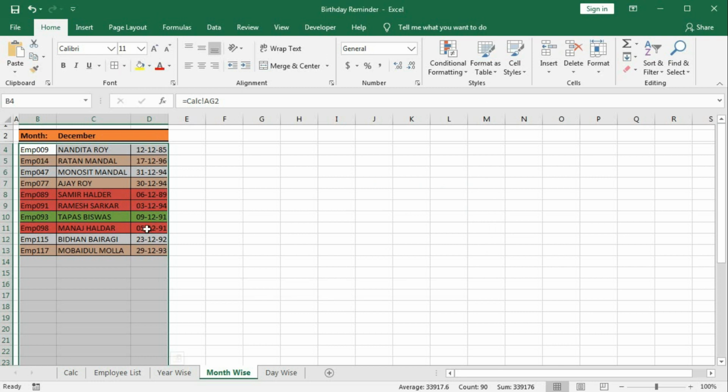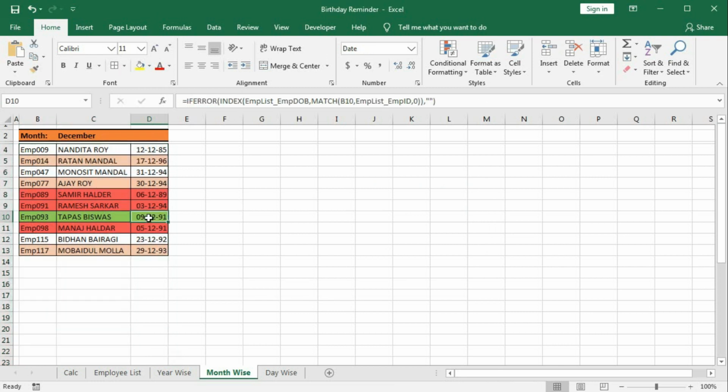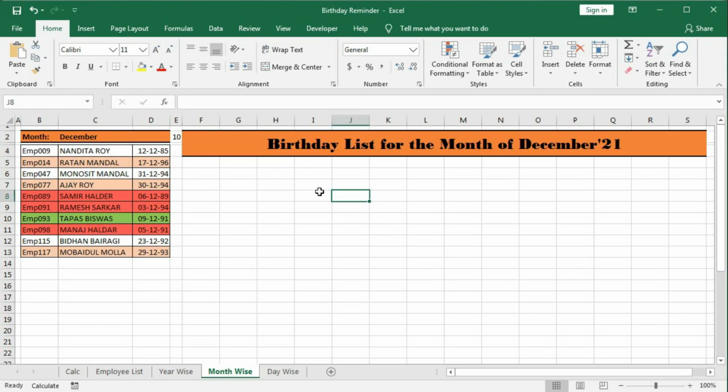So here if you see, after 9th we have 12, 17, 31, 30, 23, 29. So this is the closest date from 9th December. So we will highlight this date. So how to do that? So first we will understand how to get the closest date from today, and it must be higher than today,